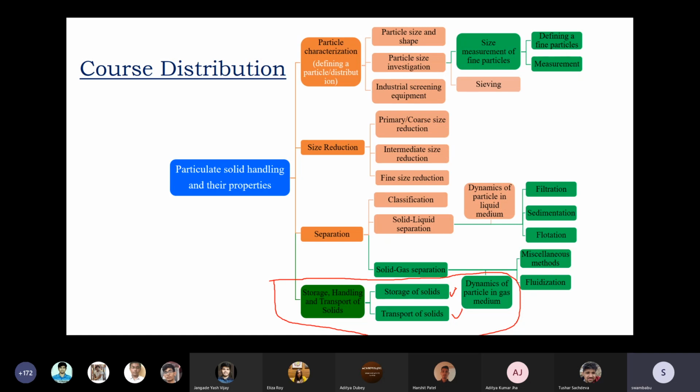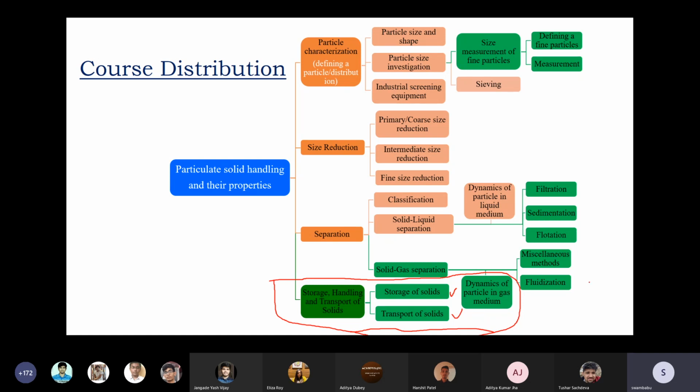In pneumatic transport, we talked about dilute and dense phase. Slurry transport requires more details of multi-phase flow, and is similar to pneumatic conveying, but slightly different. So that's why I didn't go into details, but that gives you an idea of the basic idea of